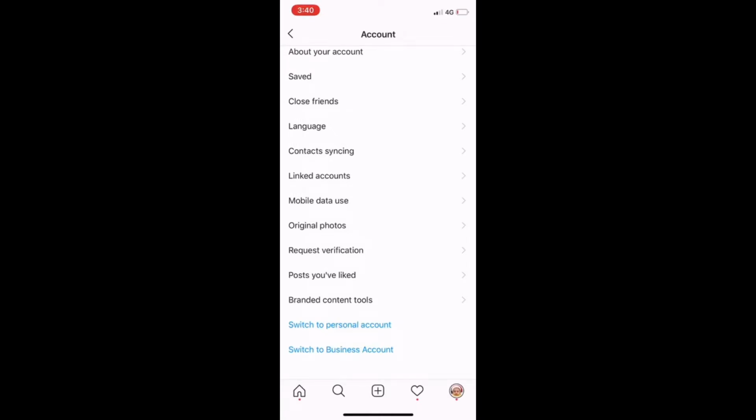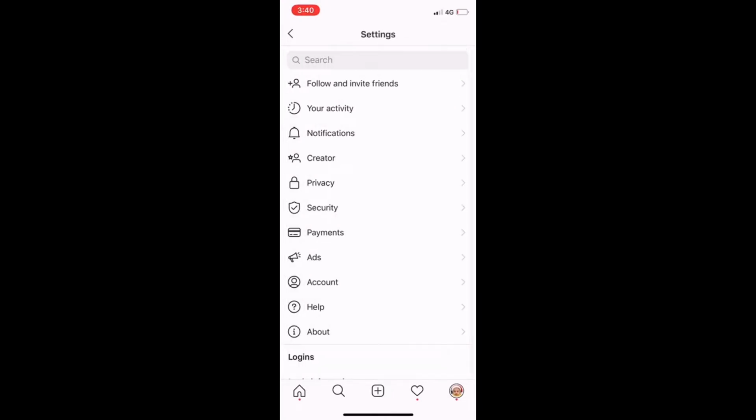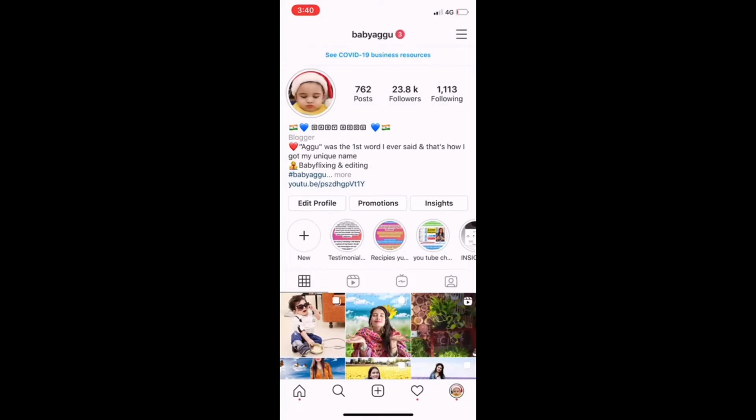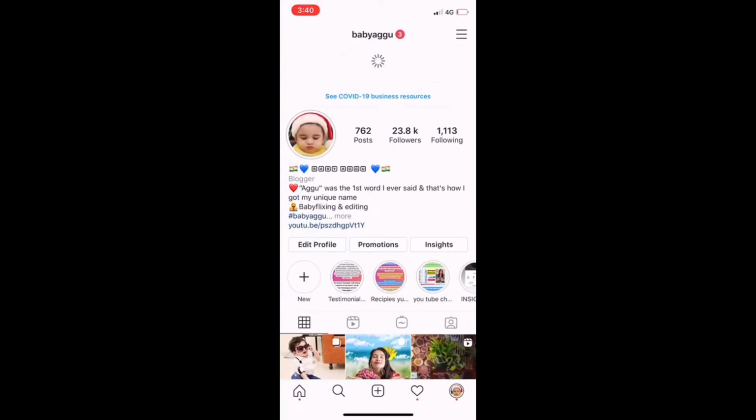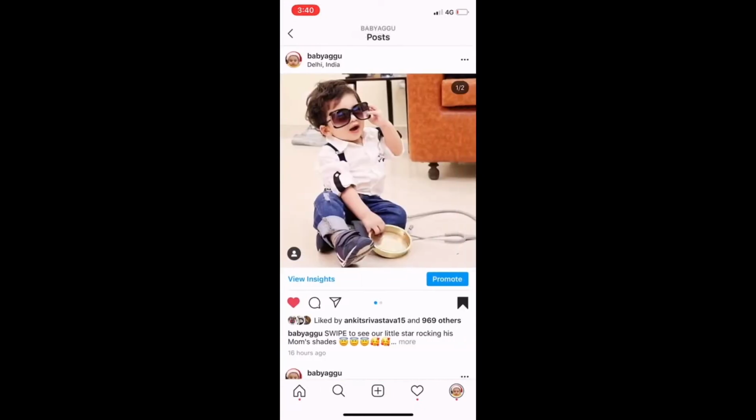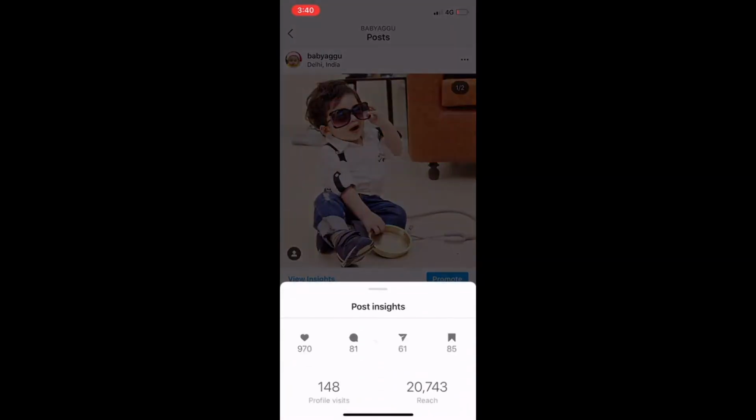But if you have not chosen either and it is your personal account, you have to choose either a business account or a creators account. Then only will you be able to see all these features of insights, promotions and individual post insights.